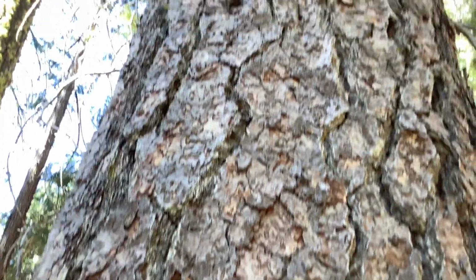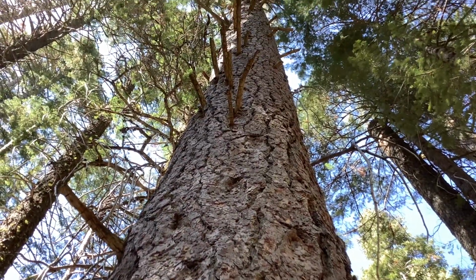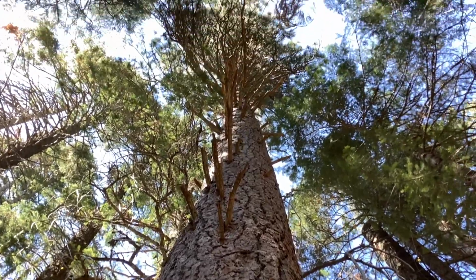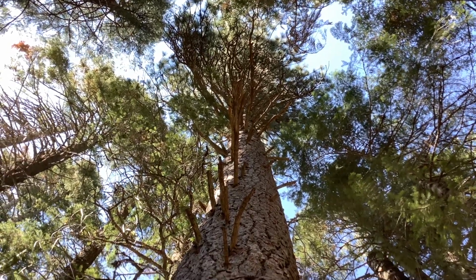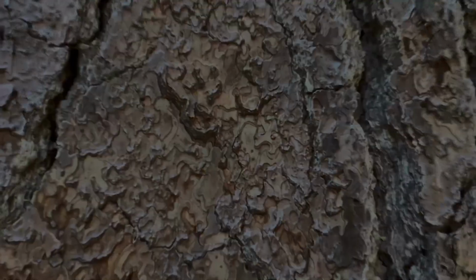Now as I start to scale up, you'll notice the lower branches have fallen off completely. They've been shed from the tree, and so you have to go pretty high up, really crane your neck up high to see the branches that still have green needles on them. Can anyone think of why that would be an important adaptation? Yeah, so that is an important adaptation because when and if a forest fire comes through this region, the lower